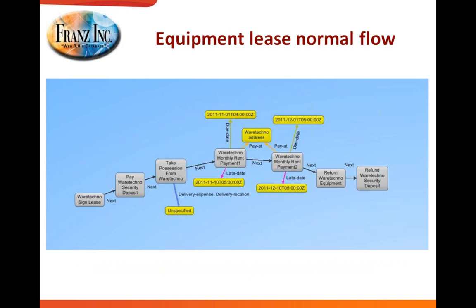how this looks like. So here you see part of a lease flow, and you see, so this is normal unstructured text, but we turned it into triples, and you see that this is in the context of a company building a robotic car. Where you see that someone needs to lease something, you take possession, you pay the rent, and ultimately you give your thing back. Well, this is everything okay? This is all the exceptions modeled as a graph. And again, this is not the time to go into detail, but you can check later on the slides how